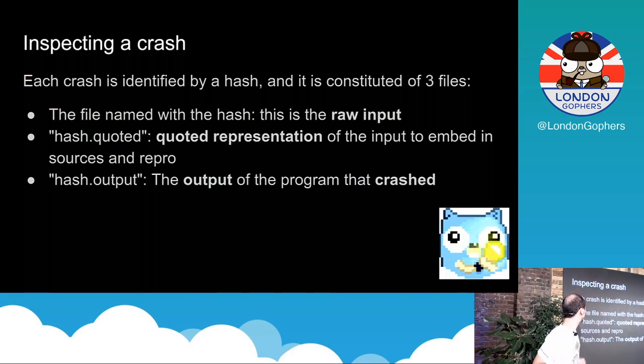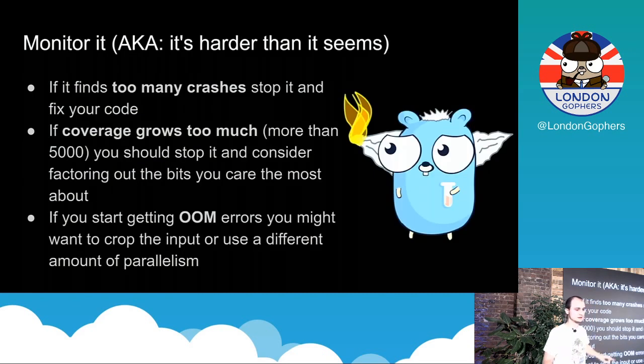Yeah, so every time you find a bug with go-fuzz, take that string and put it in your unit tests. This is very important, because if you made a mistake, probably the next person that changes your code is going to make the same. I mean, you know your code better than them, supposedly.